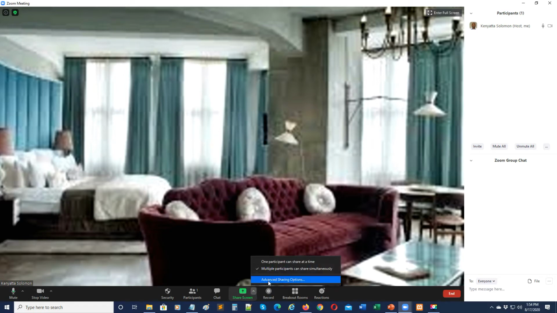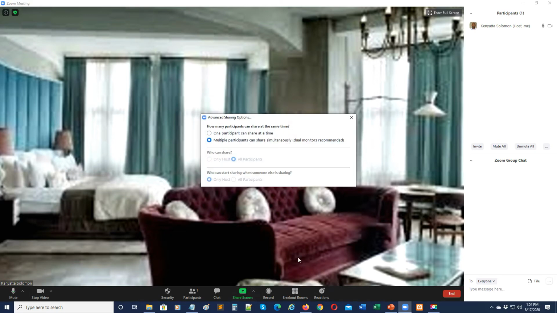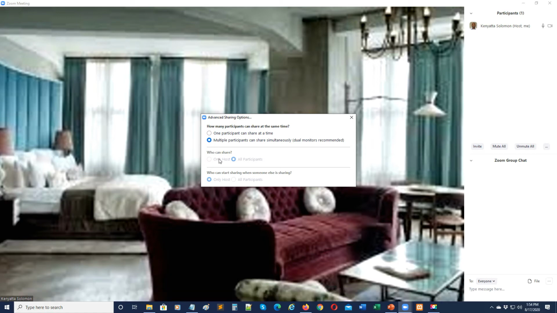And also, if you click on advanced sharing options, you want to make sure that all participants are selected to be able to share their screen. So if I click here, and if it's on only hosts, then that means your participants cannot share their screen. But if you choose for your participants to share their screen,